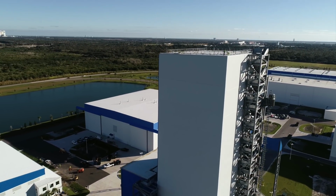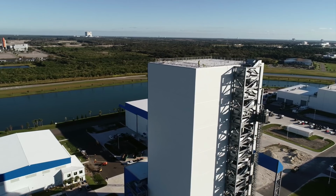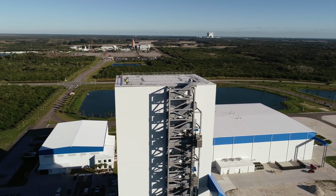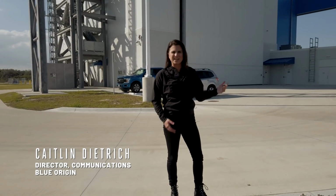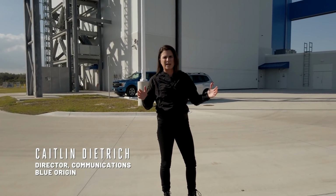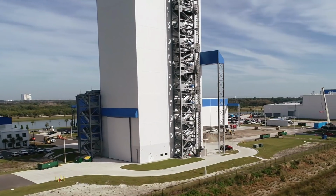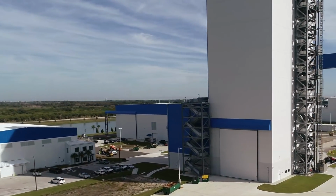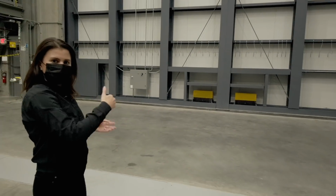We're standing in front of the tank cleaning and testing facility for New Glenn on the Rocket Factory campus. About 230 feet tall. We're gonna head into the building and get to know this facility and all the capabilities it gives us. So this door right here opens, and essentially the first stage of New Glenn will come in,